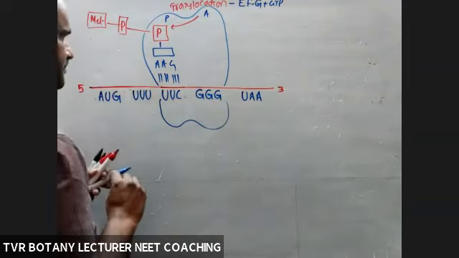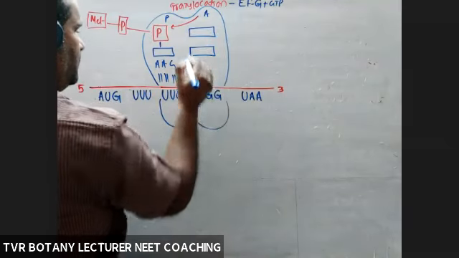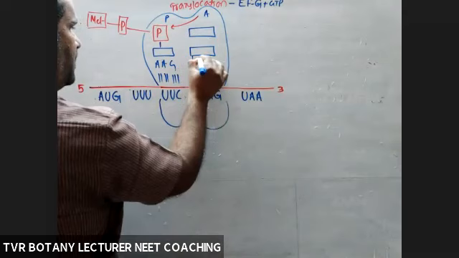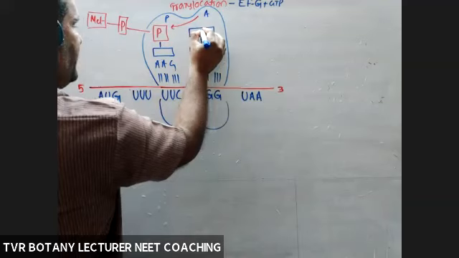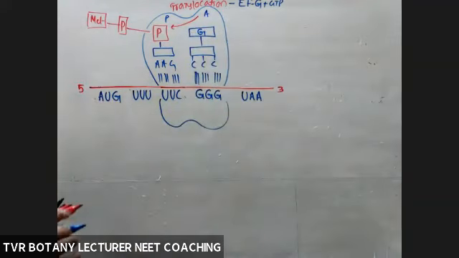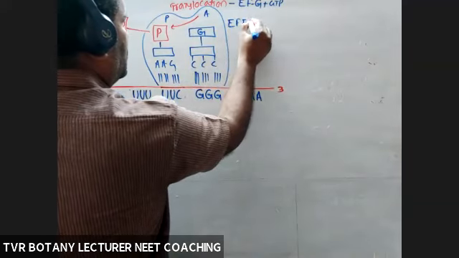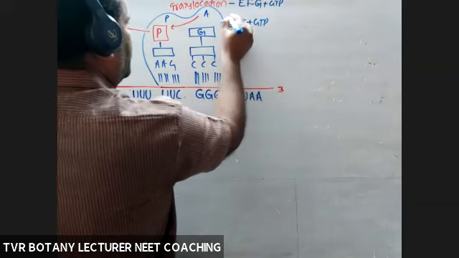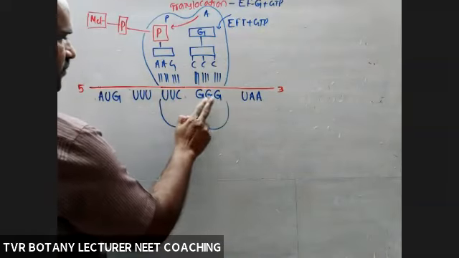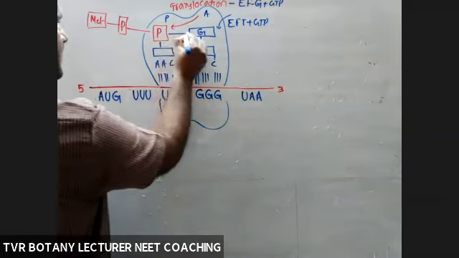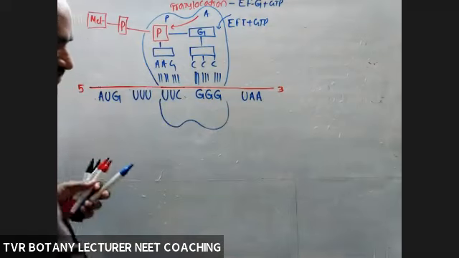So the last sense codon is now accepting the amino acid with the CCC anticodon tRNA, through hydrogen bonds. What is the amino acid? Glycine, GLY. Here also elongation factor T, one molecule of GTP consumed for the entry of that one into the A site. So decoding of the fourth codon is also completed. Now establishment of the peptide bond. So 1, 2, 3, 4 completed.